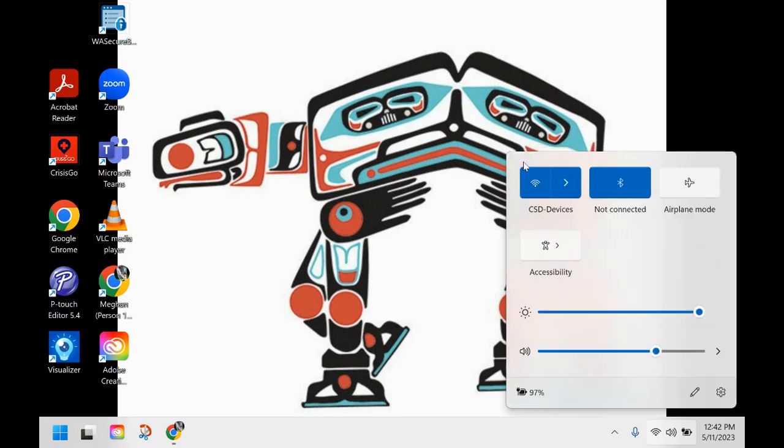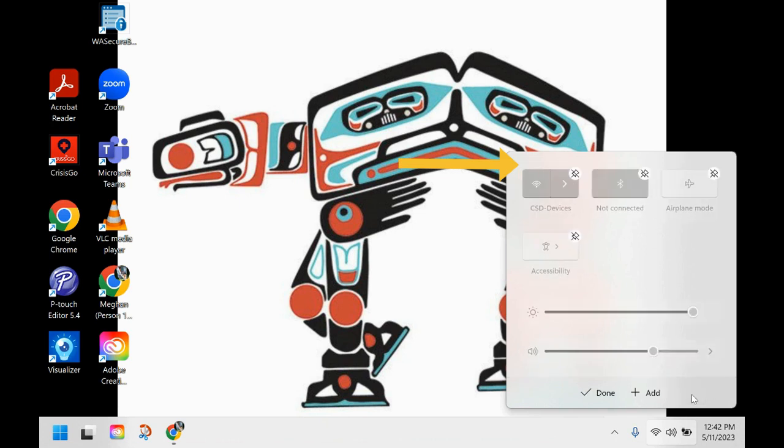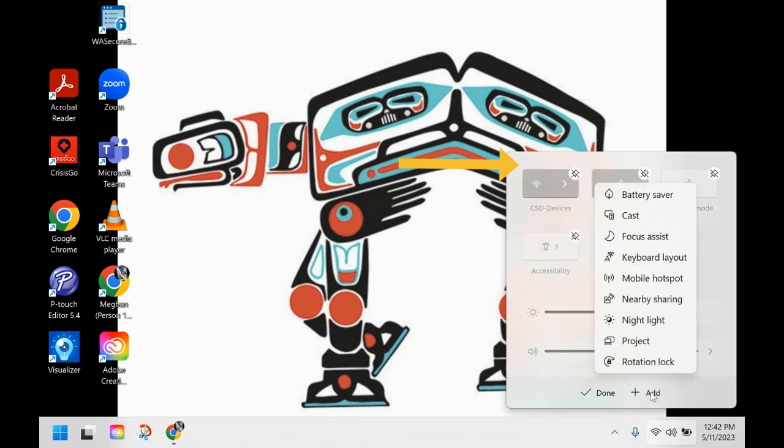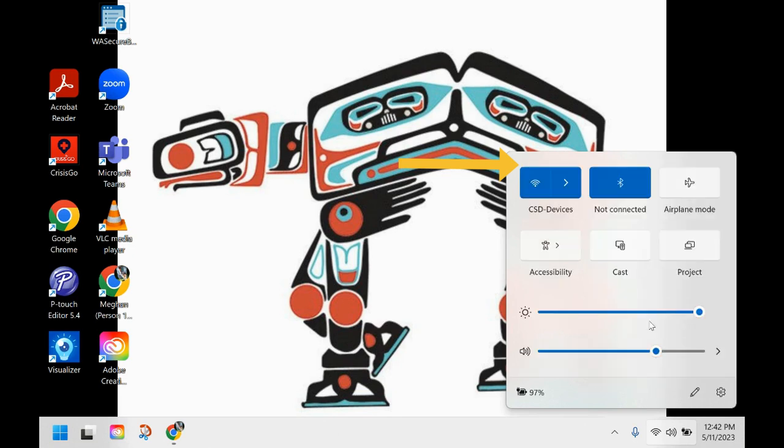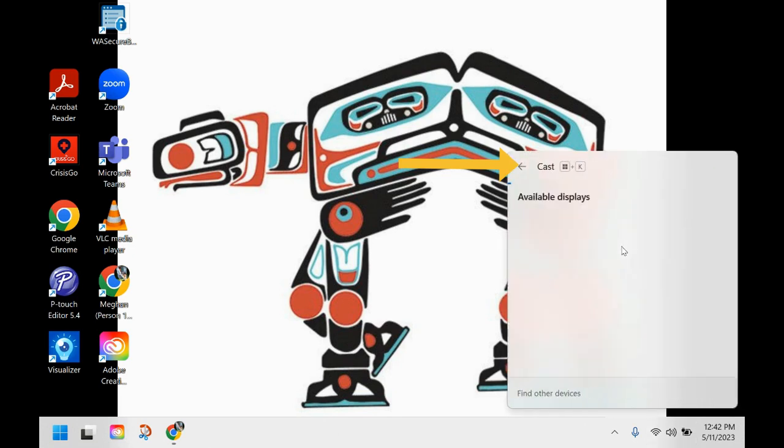So let's go back and let's look at these icons. You're going to be able to add a few more by clicking on the pencil to edit, and we're going to click Add. Now, two that I want to point out would be Casting and Projection. So if I click on Cast, this would be if I'm wirelessly projecting to something like a screen beam. I'm going to see all the available displays that are near me, but up above you'll see the new shortcut